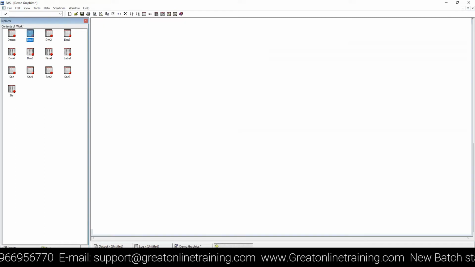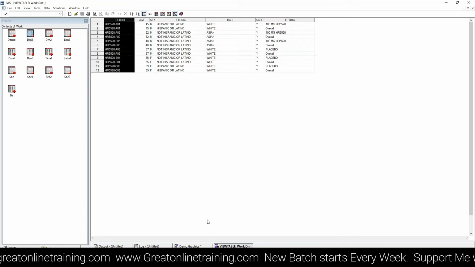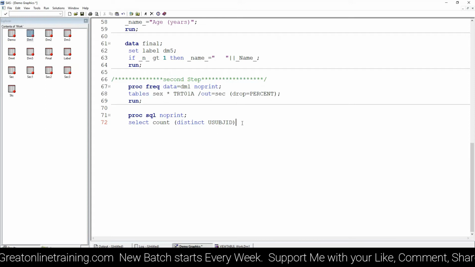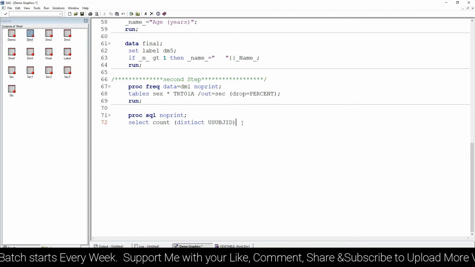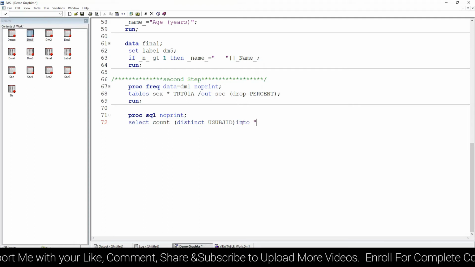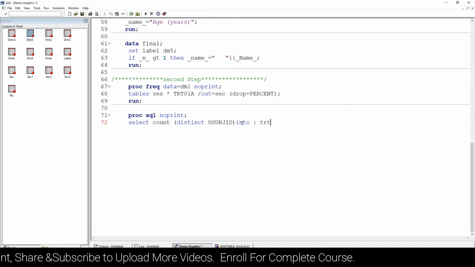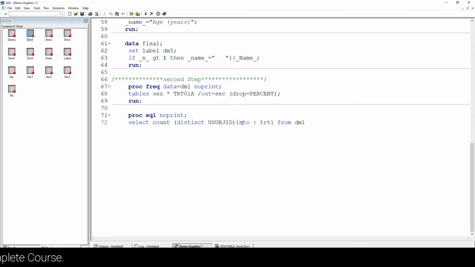Which variable do I need? I need to go for subject variable-wise unique records, based on the treatment-wise. I'm just writing it. Use subject ID into TRT1 as a new variable I'm creating from the data set of your DM1 data set. I'm just writing it